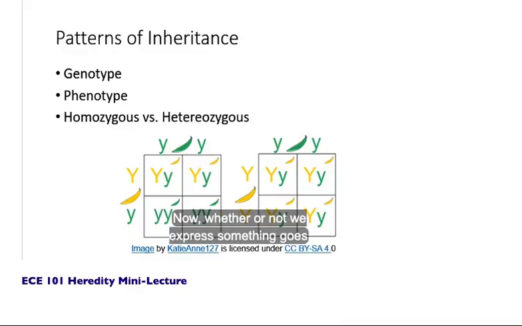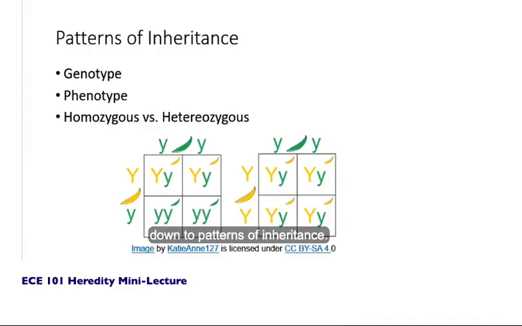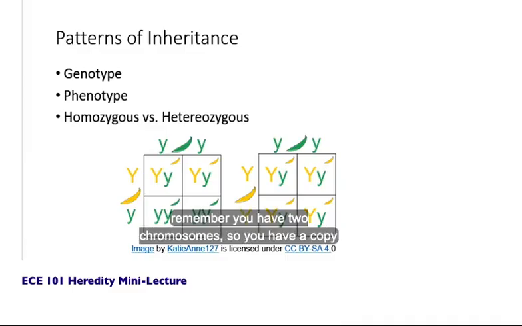Now, whether or not we express something goes down to patterns of inheritance. And so for each type of gene, you can remember you have two chromosomes. So you have a copy of a gene on one chromosome and the other. If those copies are the same, you are homozygous. So if you remember back to high school biology, you might have done these Punnett squares here, and you can see that in this instance,